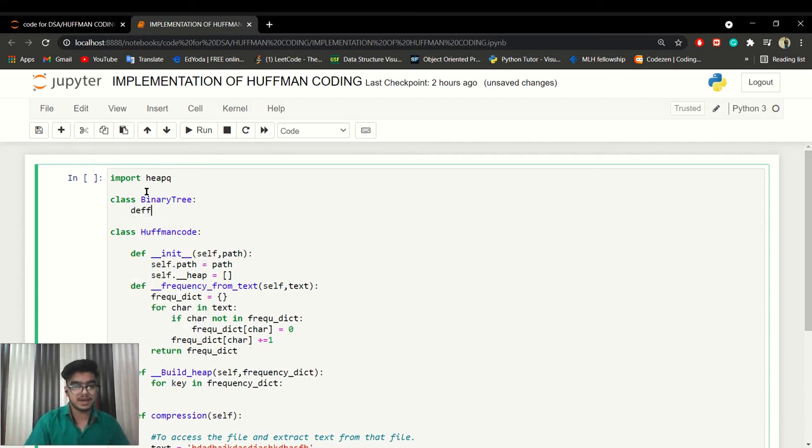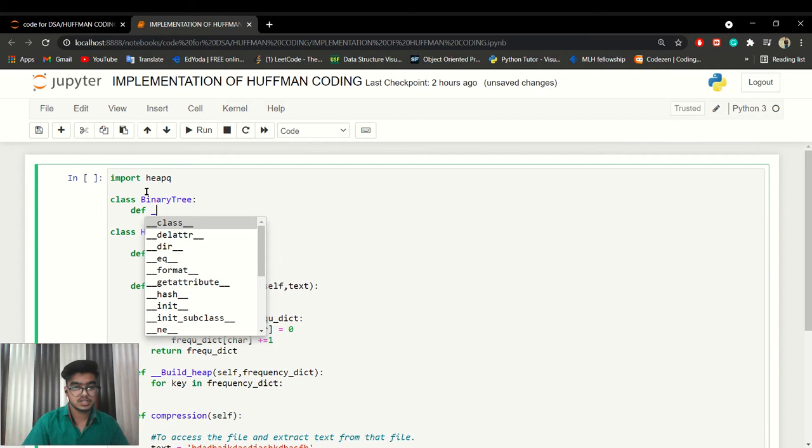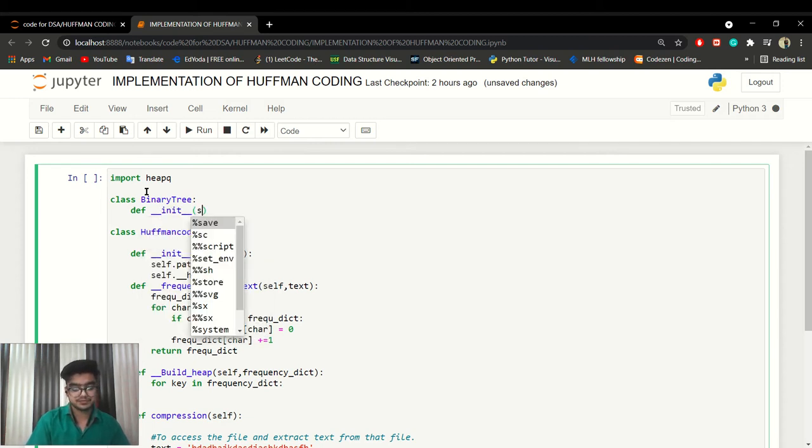And that binary tree class has how many things? Four things. What are these things? So we are passing here the value and the frequency.